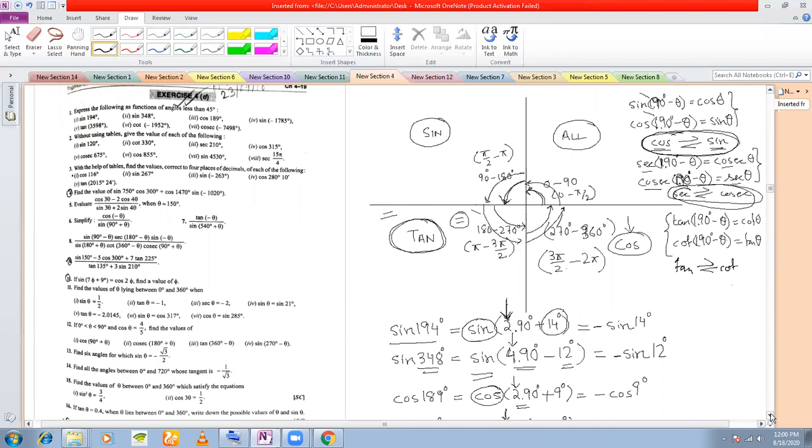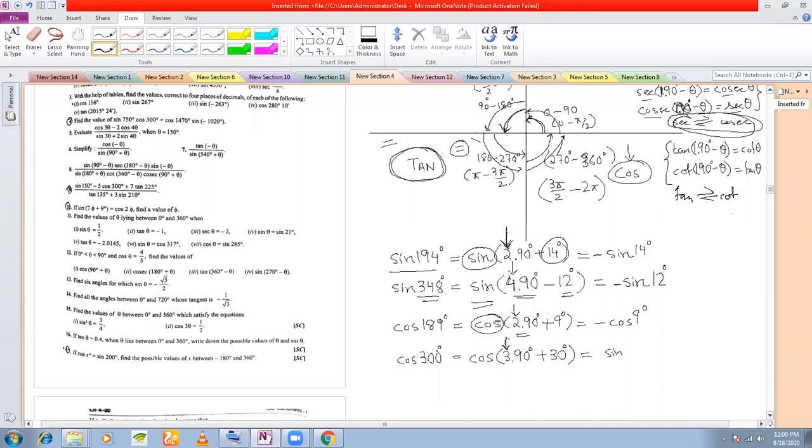So now what happens here is, since I have an odd multiple, cos will change to sine. Now I'll check the sign. Which quadrant am I in? 3 into 90 degree means I'm in the third quadrant. Okay. And then plus something. That means now I've reached the fourth quadrant, in which cos is positive. So this cos is positive, so I'll give a positive sign. And then this 30 degree. All right. So the value of this is half.